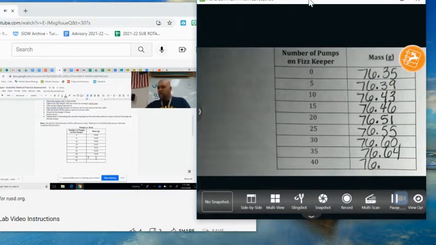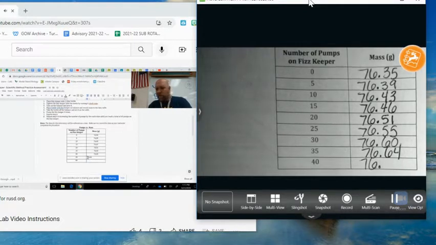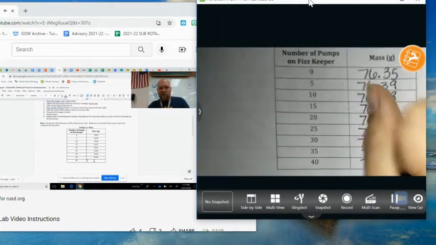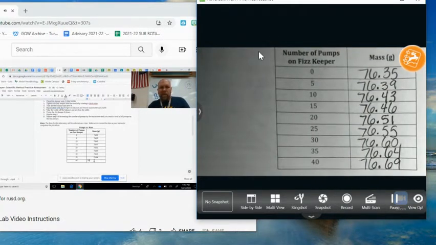And our last one, so we've pumped it 40 times now, and the last one is 76.69 grams. So that's our data. So now that you have your data,